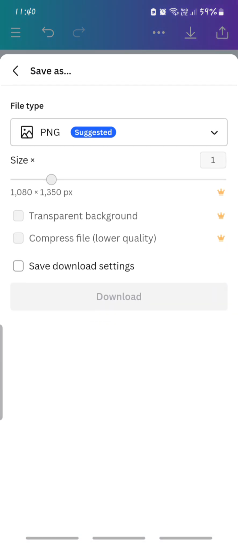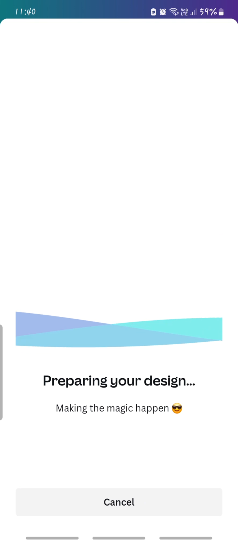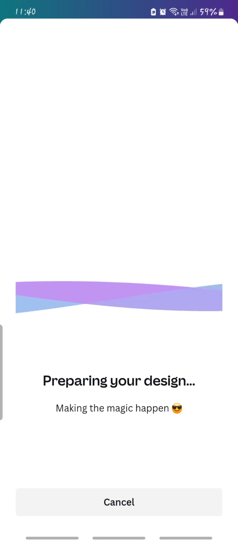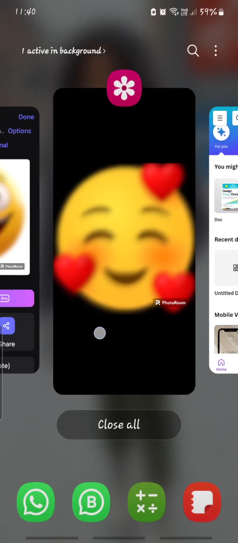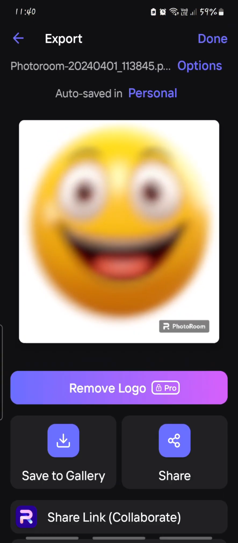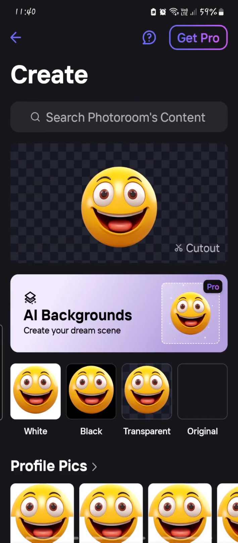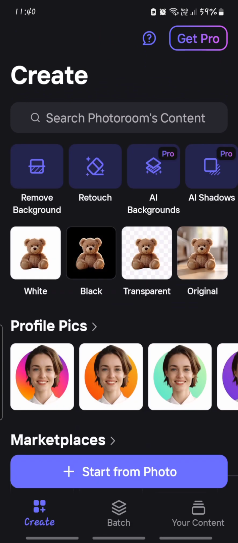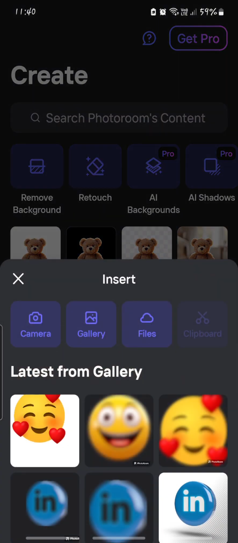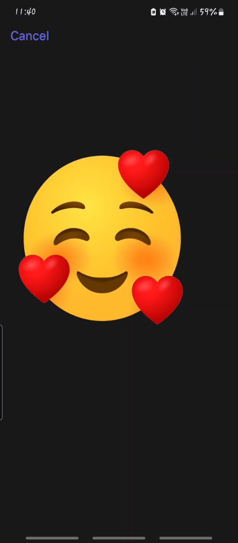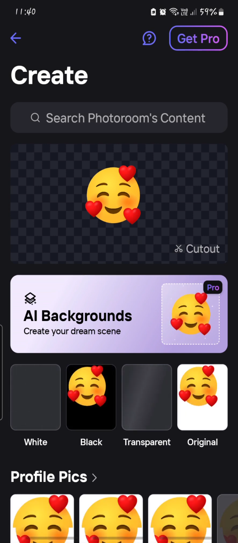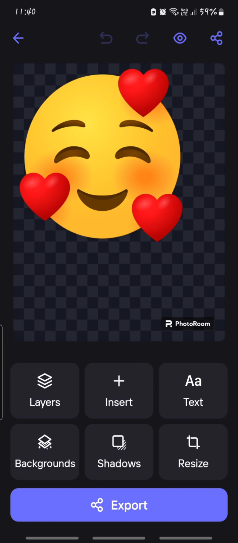Then you can download it. So after downloading it, you now take it to Photoroom. The first thing that Photoroom will do is that it will remove the background, so don't worry about it having a background. Now let's go back to the page, and then let's go to start from photo. When you click on start from photo, now this is the new image we downloaded from Canva. It will remove the background. Now it has removed. After it has removed the background, let's click on the transparent, and then let's go to layers,